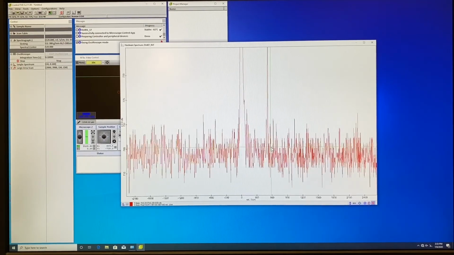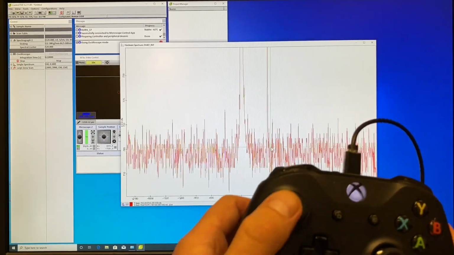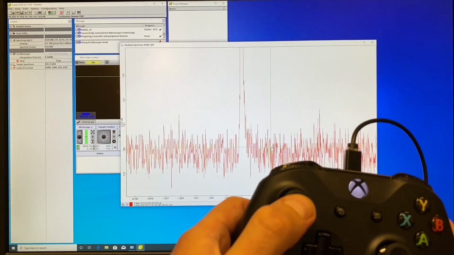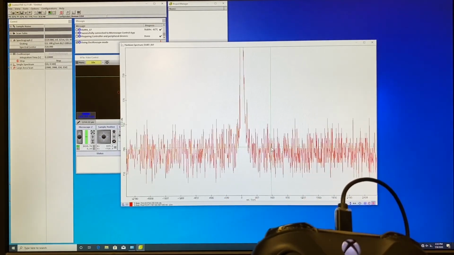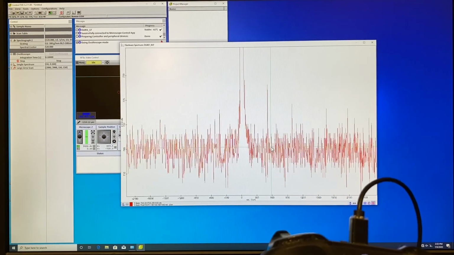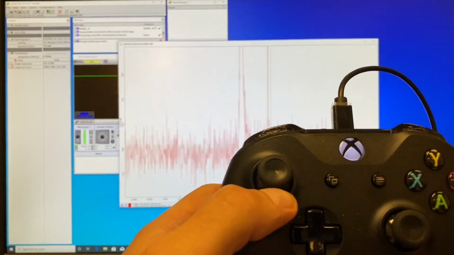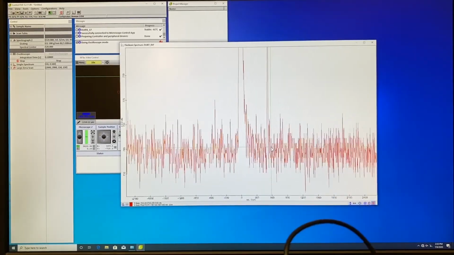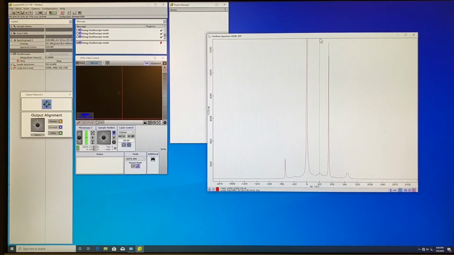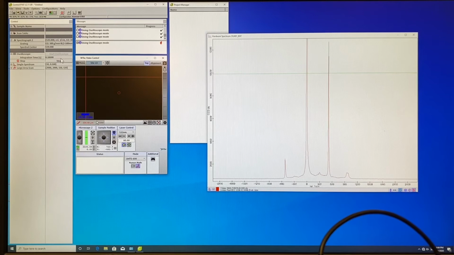By using the Z knob, I might adjust the height, and you can see that the Raman signal is disappearing, and when I go back, you see it increases. When you're satisfied with the ratio of Rayleigh scatter and your Raman signal, you can stop this oscilloscope